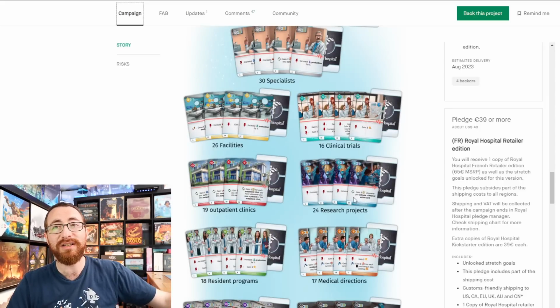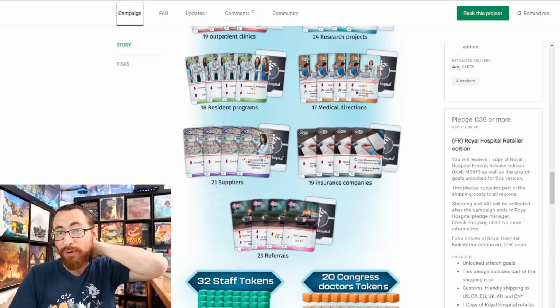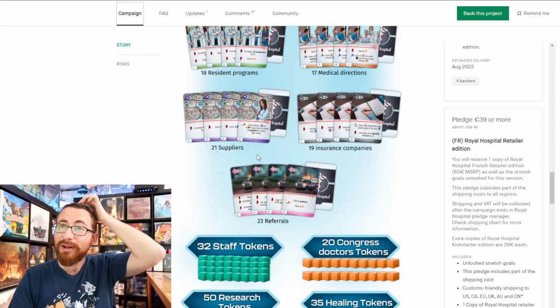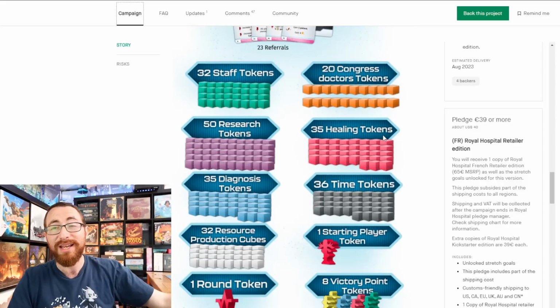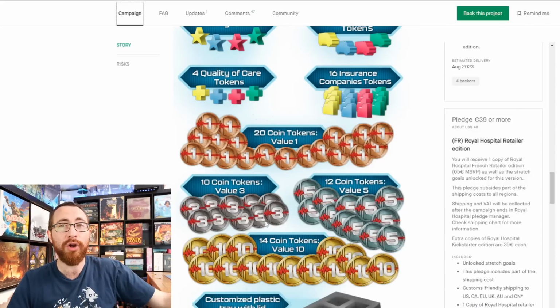Lots of the cars, the facilities, clinical trials, research projects, they're looking into getting more art, but as of right now, there's a lot of duplicated art, which I think is not great. It really takes away from the feeling of this being a premium product. Speaking for myself, and perhaps only for myself, I'd rather have lesser upgraded tokens and upgraded coins